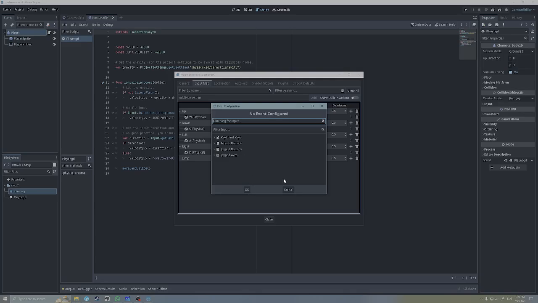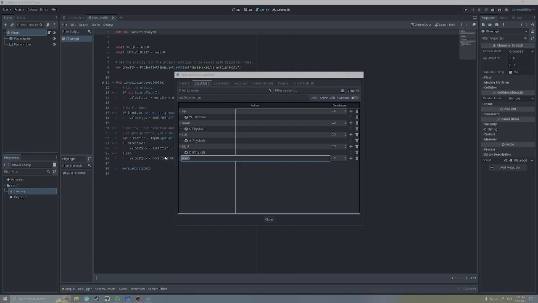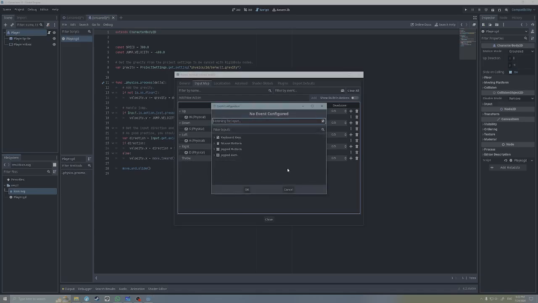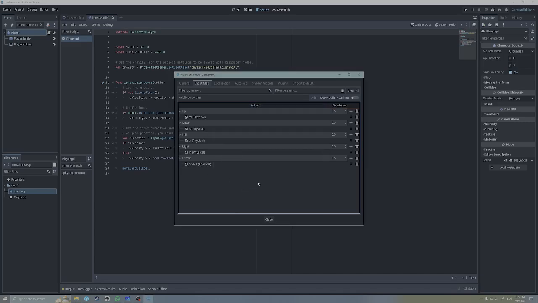Actually, no. This isn't gonna be named jump. This is gonna be throw. So this is gonna be space because there's not gonna be any jump in my game. All right, so